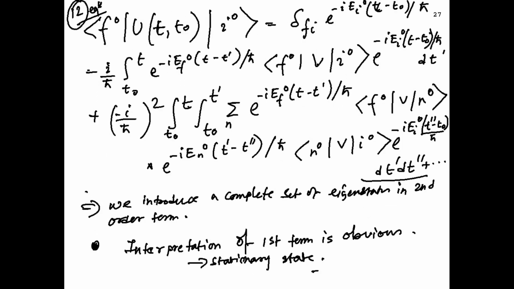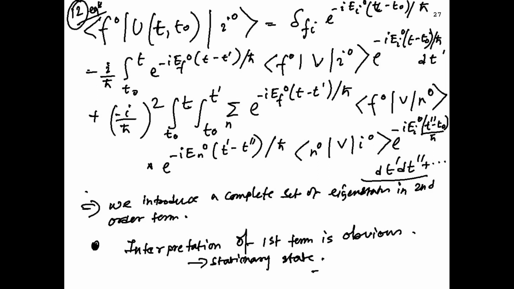Okay, so now I have this U_I(t, t0) and I plug it into this U_S(t, t0), sandwiching it between these two states, |I0> and |F0>. The first term is the simple H_S0 propagator, and it will give me just this. The second term, you can work this out, will be very simple to evaluate, and the third term will be this, and so on. It's actually very easy now to write down an arbitrarily high order term in a very easy manner, and then very easily I can physically interpret it.